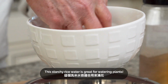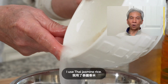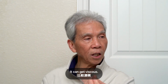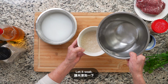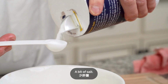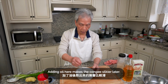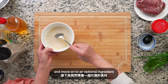What kind of rice do you use? We'll let the rice soak a bit and move on to an optional ingredient that adds